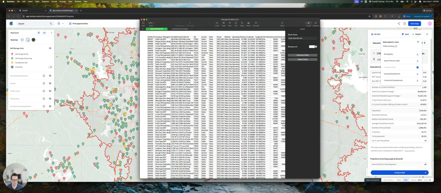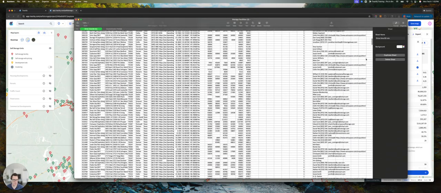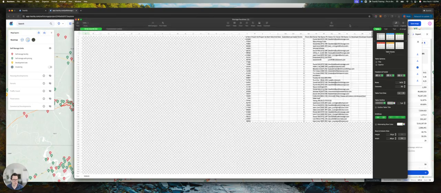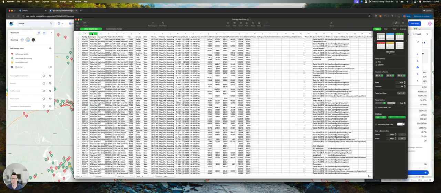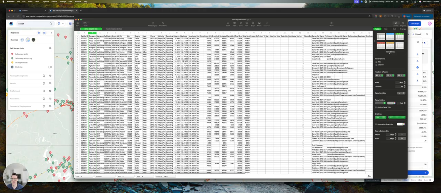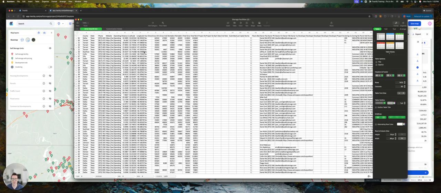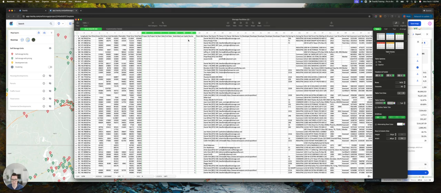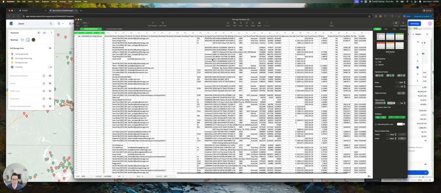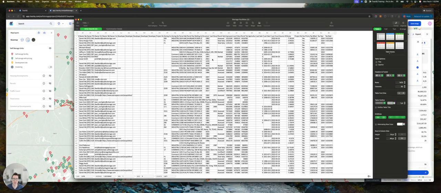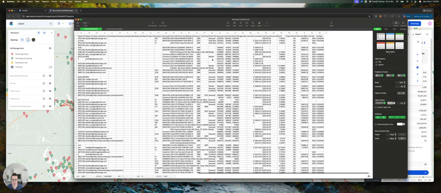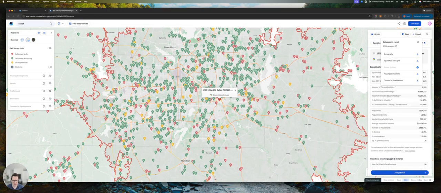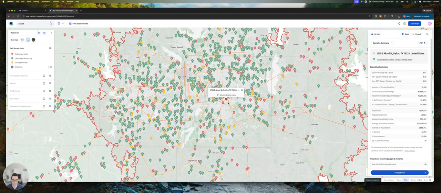So now that we've opened this up, you can see there is tons of information here. I think I just pulled probably around 1,500 sites. Yep, 1470. It's a lot of information. Some of the highlights here are the facility name, the management type, street address, the operating designation, whether there are climate control units at the facility or not, all of the square footages, and if it's a developing site, all the developing information, owner name and phone number, zoning info, parcel info, mailing address, structural information such as year built and last sale price, parcel values, land values, and then pricing information and tax information. So there's tons of data that I was just able to pull for an hour outside of that centroid of